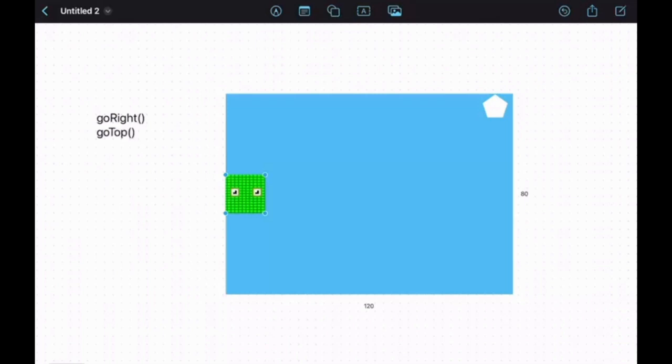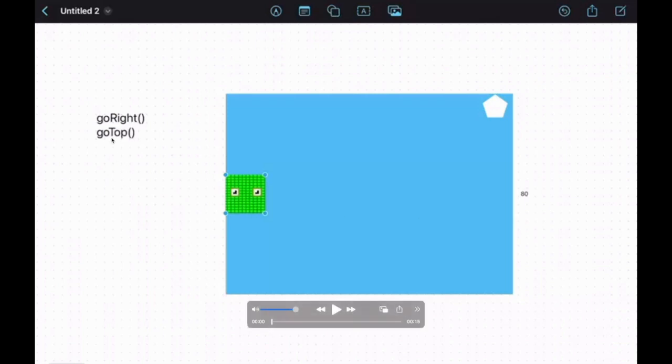For instance, go right, go left, go top, or go bottom. And here we have to use those commands in order to move our green character to the diamond. When the character reaches the edge of the field, like here, it stops, and the next command is executed.